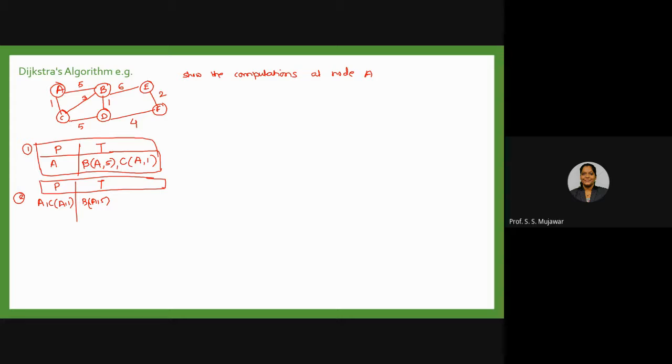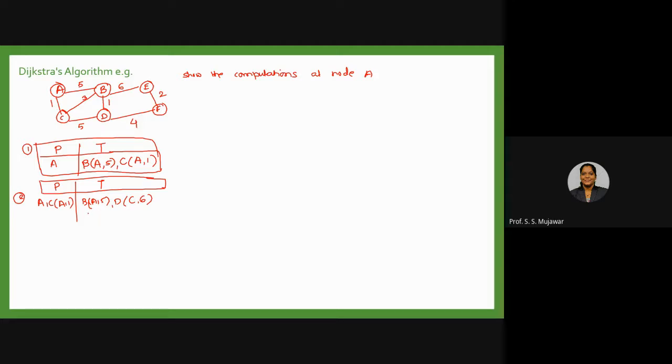Now we need to check the directly connected routers for this C node. So C के लिए कौन-कौन है directly connected? One is A, one is B, and another is the D, right? From which A is already the root node. We have already visited, right? So we can make a note of this B and D. Okay, we can make a note of B and D. So here B of A5 as it is. So to reach D through this C, we need 6. See, to reach this D through this C from A, we need the distance 5 plus 1, that is 6.